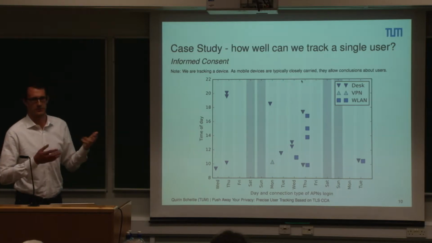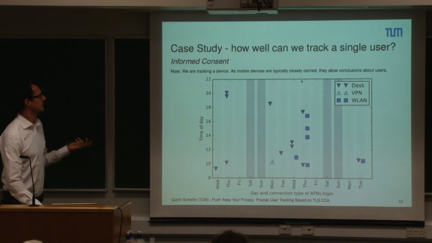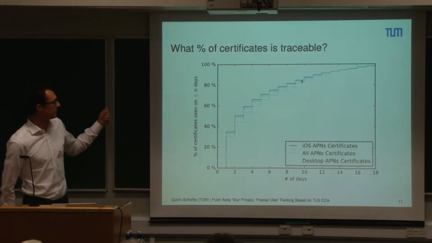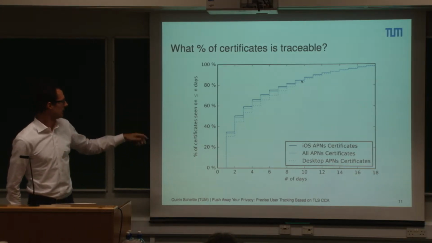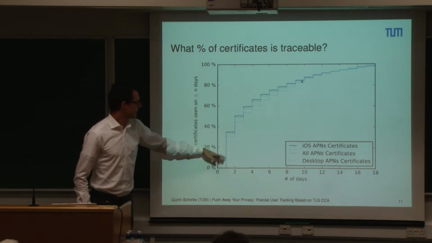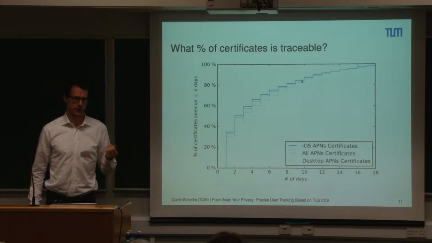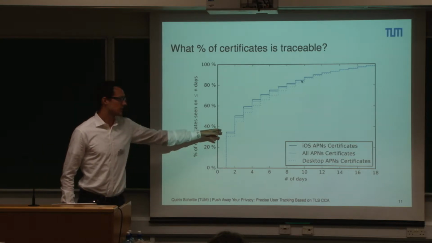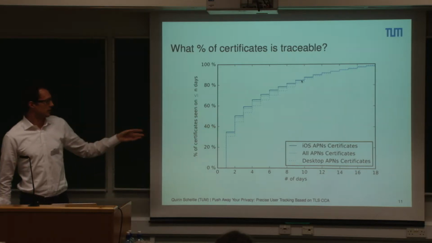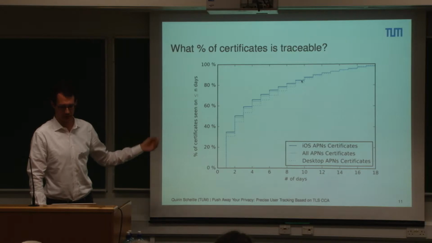It definitely works. There's no obfuscation or something that would make it impossible. So next question was, how many users would we be able to track? So we counted the certificates and said on how many days did we see that certificate. And it's your definition, you can apply whatever you want. We said if we see it on more than 3 days, which we do more than 50%, you can kind of track it. These might be short-term visitors or whatever, but a lot of people were really visible on a lot of days. And these you can really track and do the kind of thing that we did in the previous slide.